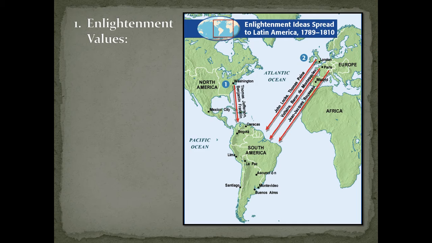Okay, so a couple things should have popped into your minds. Here's a couple of those. For one, the idea of natural rights. We know John Locke expressed the ideas of natural rights, including the rights to life, liberty, and property, and that government has the essential role of protecting those natural rights of its citizens. And if it does not protect those natural rights, then the citizens of that nation have a right to revolt against the government and establish a new government that does protect those natural rights.